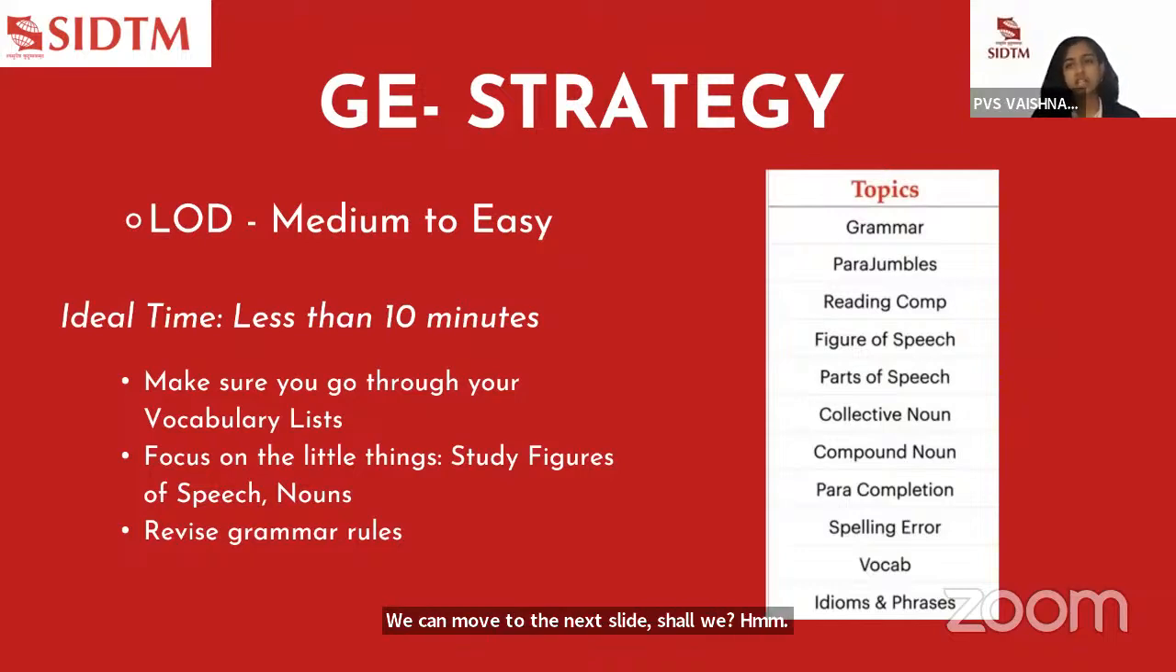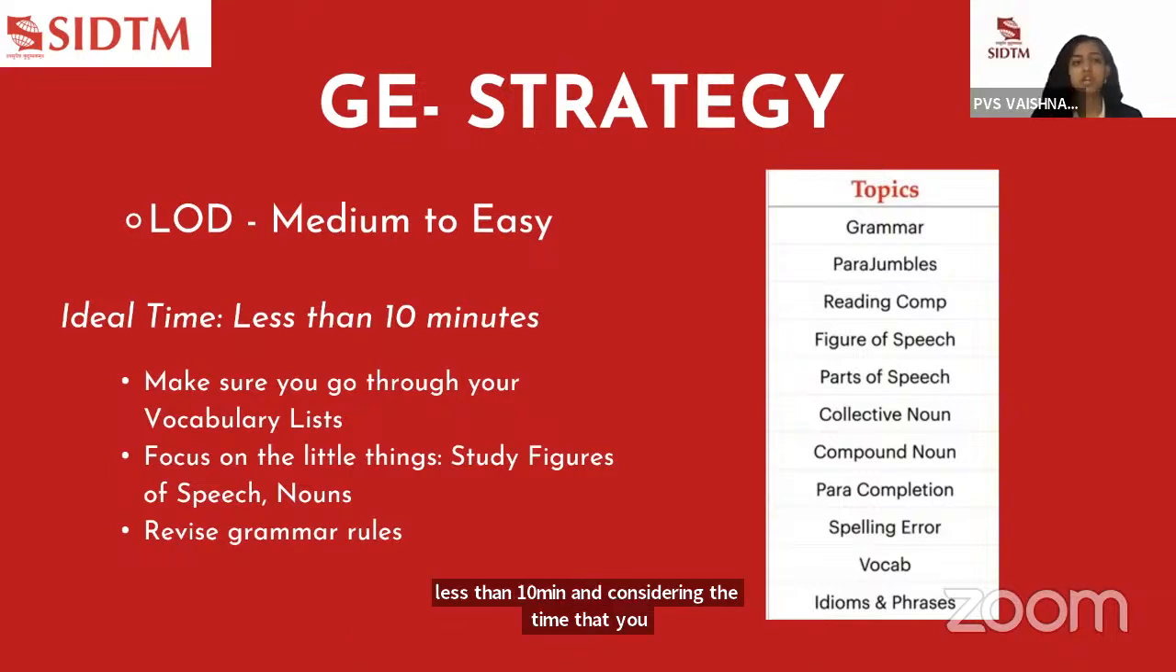Yeah. So now coming to the strategy that you can adopt for the third attempt of Snap. So the level of difficulty, as we've seen from the past two slots, is that the general English section ranges between easy to medium. So the ideal time you should be allocating for this is less than 10 minutes. And considering the time that we have left,